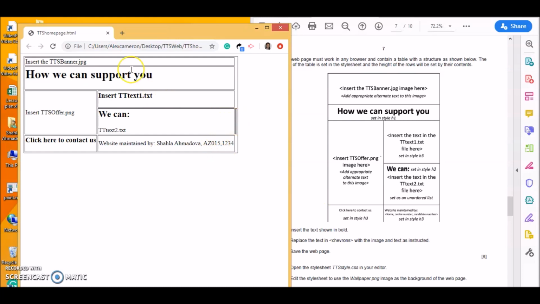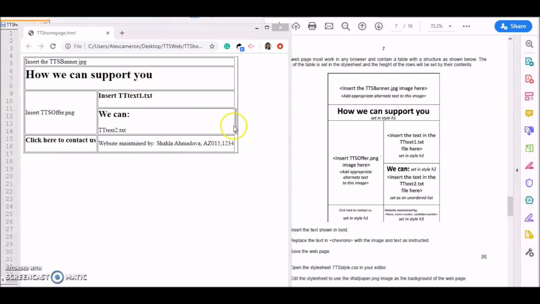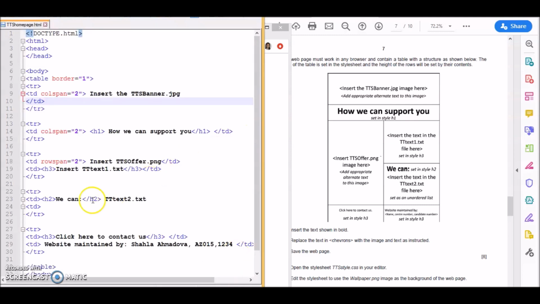The first row, second row is okay, and this one also okay. One of them is missing. As you see, there is one empty cell created, but we didn't intend that. So let's look at the code and see. Probably, yeah, right here we didn't close the tag. Okay, we closed it, and also,